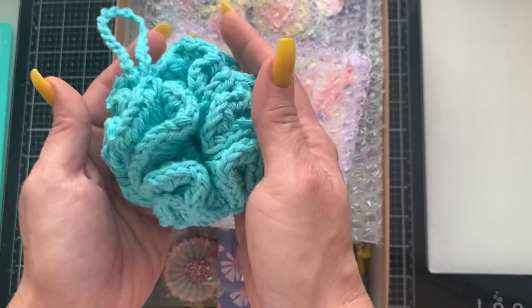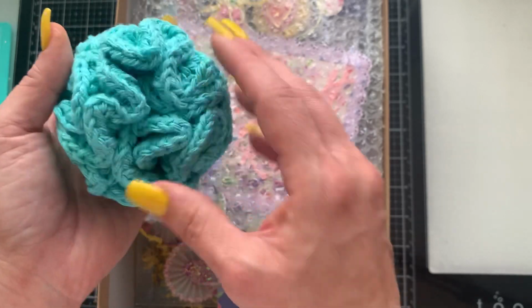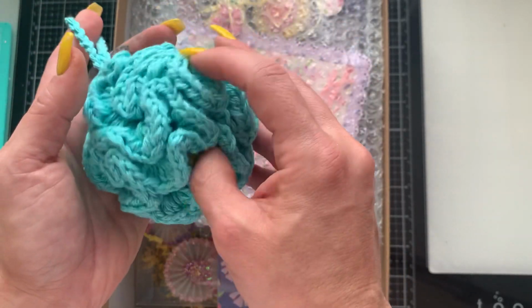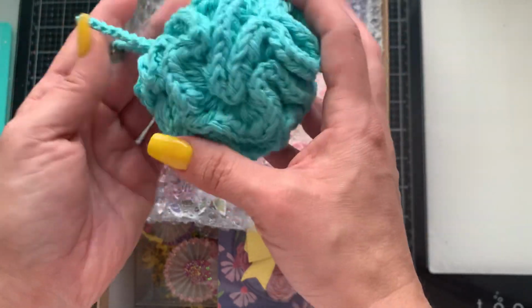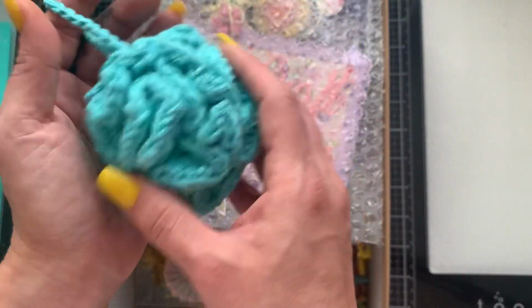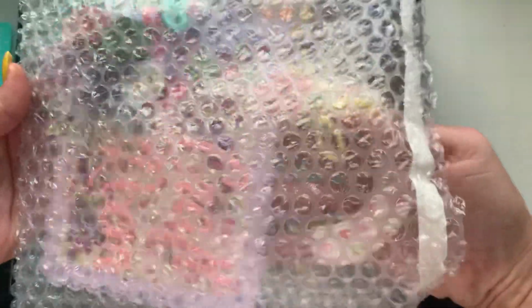Hers is a little bit bigger than the one that I made, so I went ahead and I followed a tutorial on Fiberflux. I love that channel, and so I just followed it, and I made her a scrubby, face scrubby, body scrubby, whatever you want to call it. I was so excited to finally create one of these, so I hope she loves it. Then I went ahead and made her a door hanger